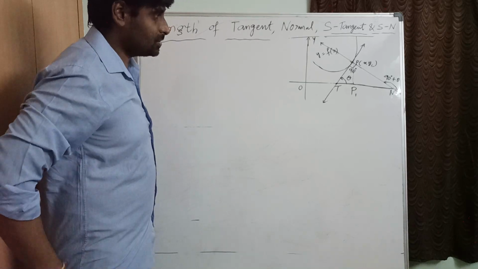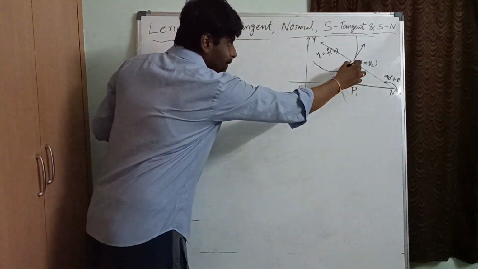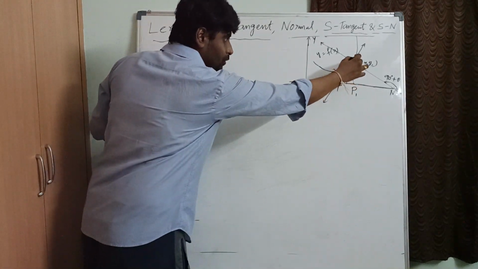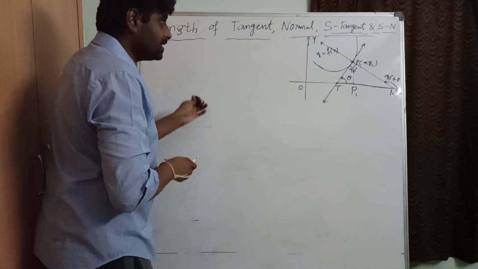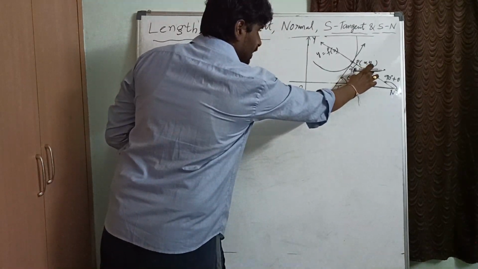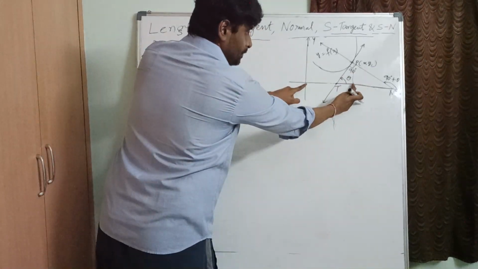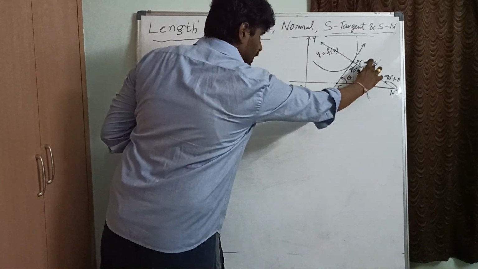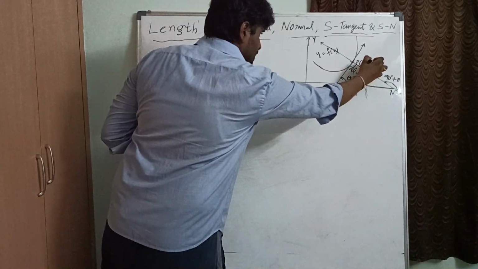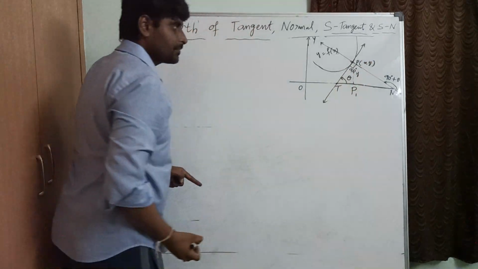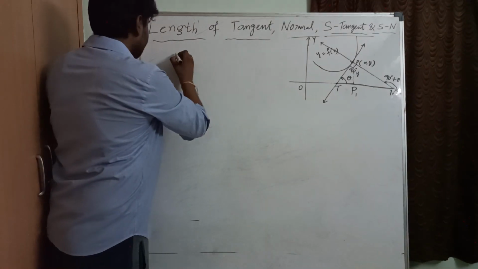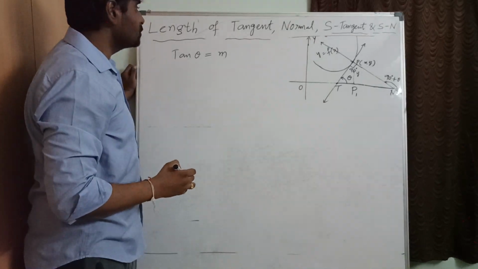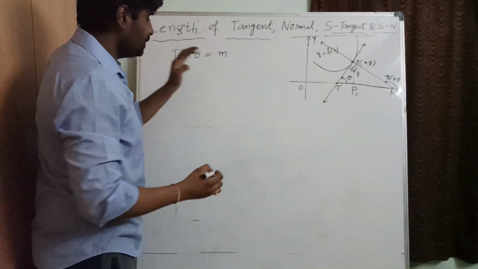So let us find those. For that, we are going to take a projection of P as P1. Now we are going to make a triangle here. Now can I say if this point is x1 comma y1, then from here to here is x1 and this part is y1, so can I take this part as y1 or y? If I take the point as x comma y, suppose, then I can take this as y. Now generally what is tan theta? M, the slope, correct?